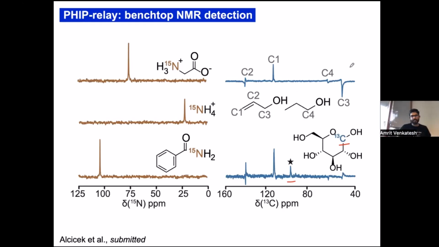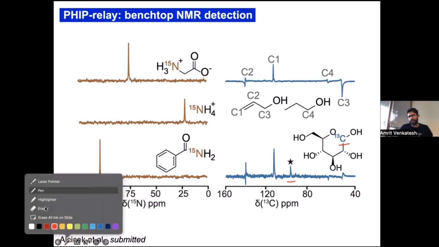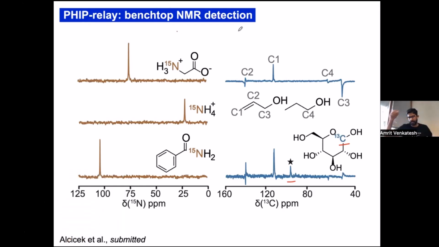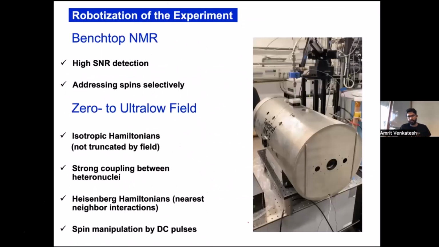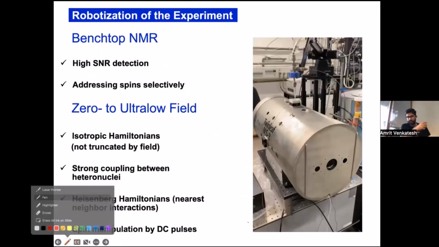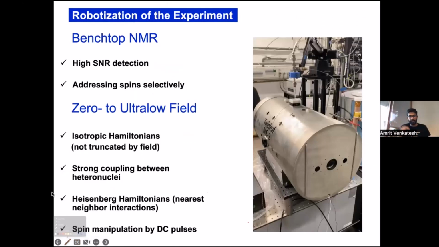Got it. I was also curious. So you showed your robotic arm where you're bubbling at these low fields of a few millitesla, and then you're transferring to your benchtop NMR. Can you do this